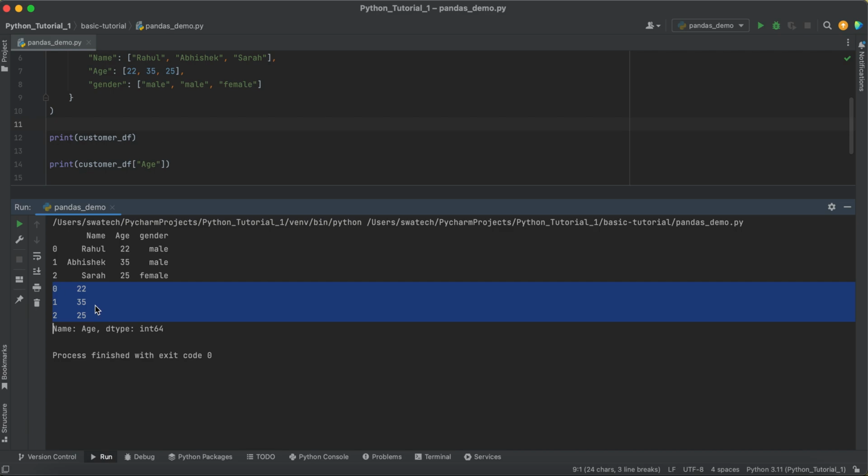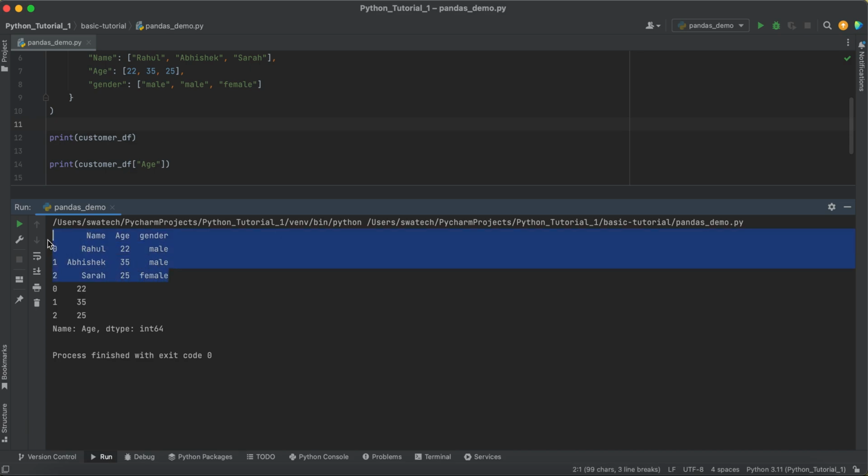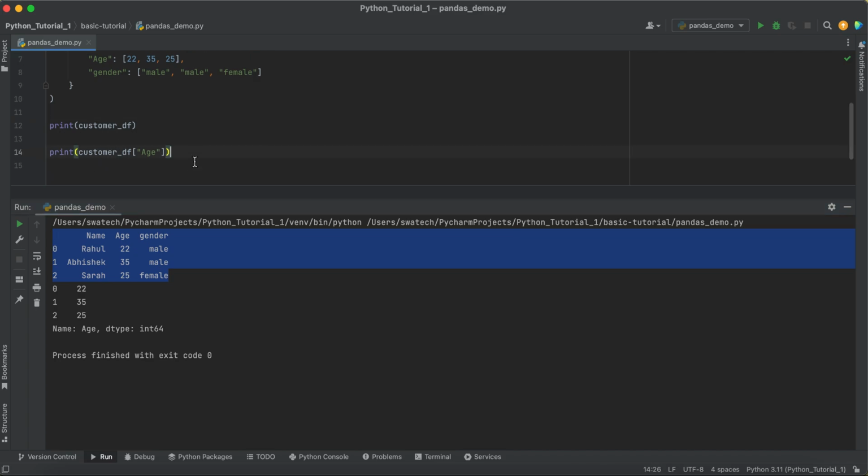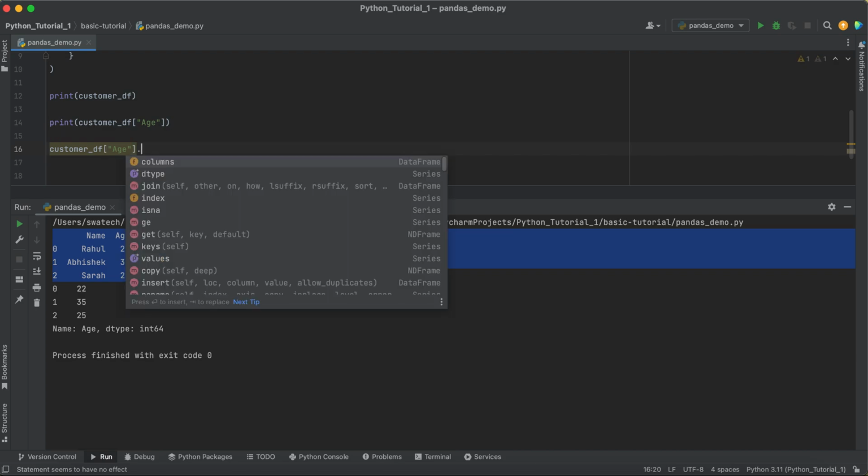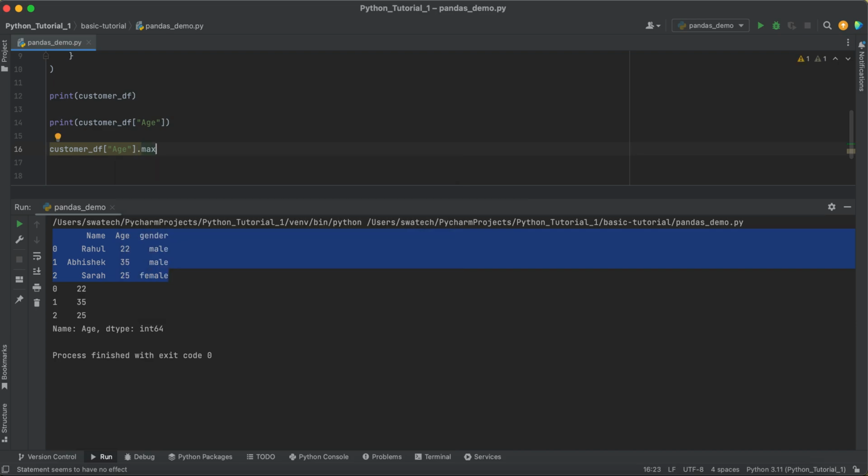So here we have seen two terminologies from the pandas library. One is the pandas data frame, which is the entire representation of this data in rows and columns. But if we are talking about one single column within the data frame, then we refer to it as a pandas series. And then you can do whatever operations you wanted to do on this data frame. For example, you wanted to find the max of age. You just do customer_df of age, and then do .max, and if you print this,